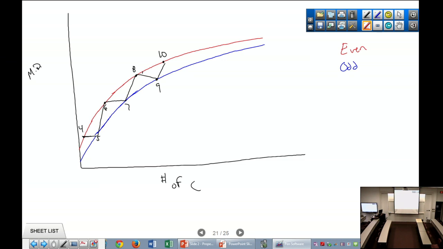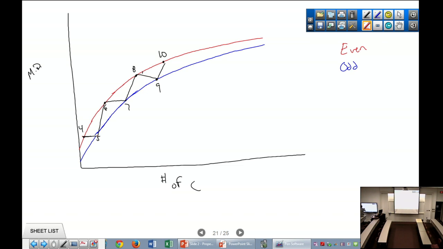So you go from 4 to 5, then there's not a big change in melting point. But when you go from 5 to 6, there's a bigger change. 6 to 7, there's not a big change. 7 to 8, there is a big change. Right? So if I were to give you these on the exam, I would try to either give you all evens or all odds. Right? That way you can just kind of stay on one path.